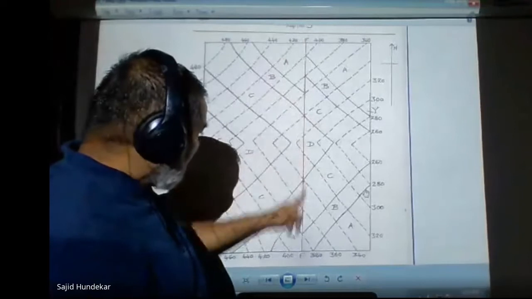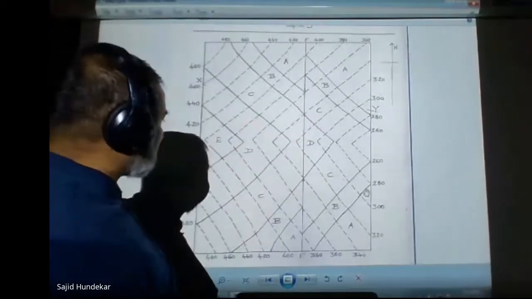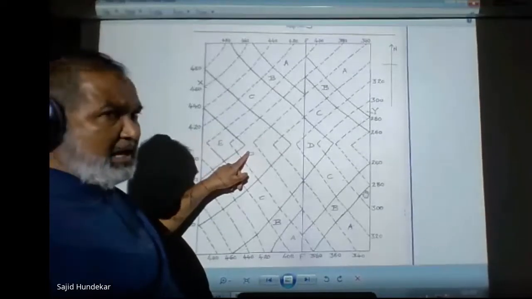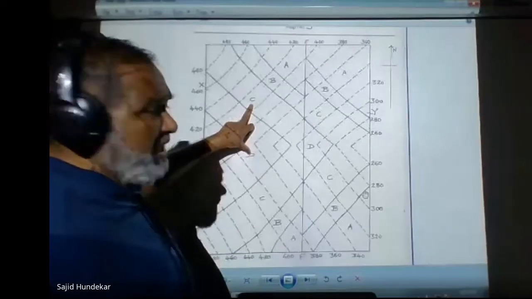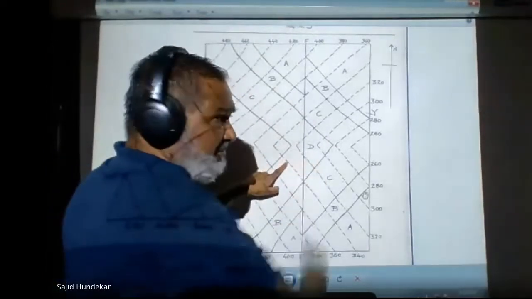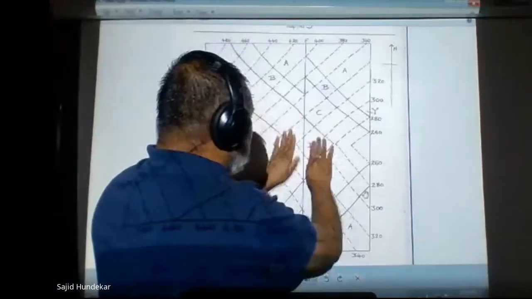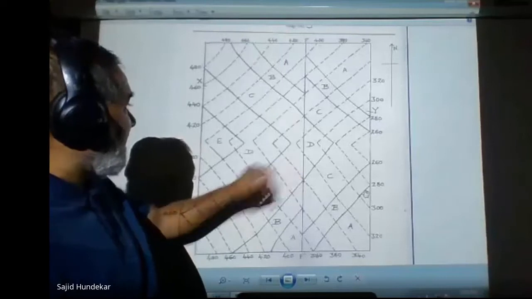So along the fault, along the fault you can see now. You know the order of superposition. What is that superposition? D is the oldest. D is the oldest. So automatically C will be younger. Now I can see in the center C is coming in contact with D. This side C is there and this side D. D is the senior and C is the younger.